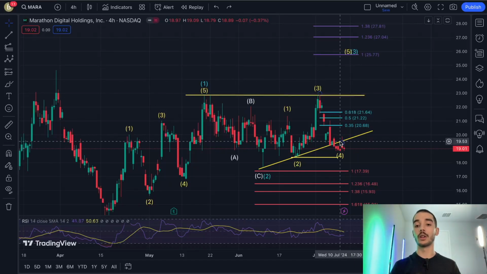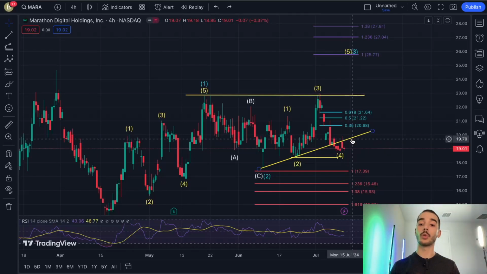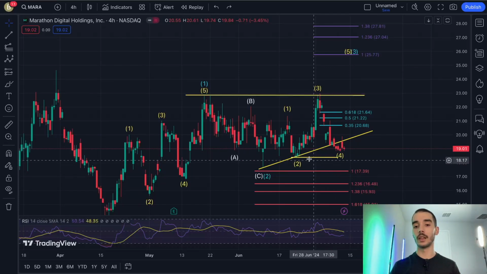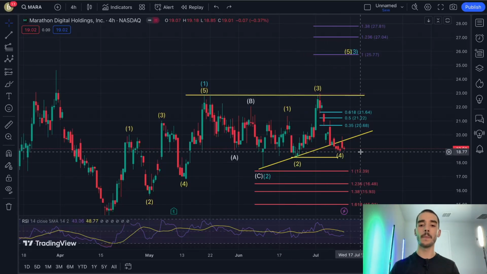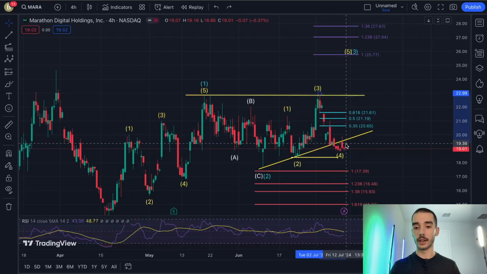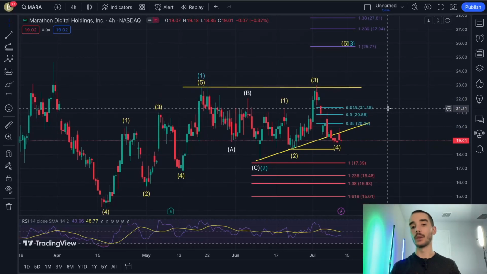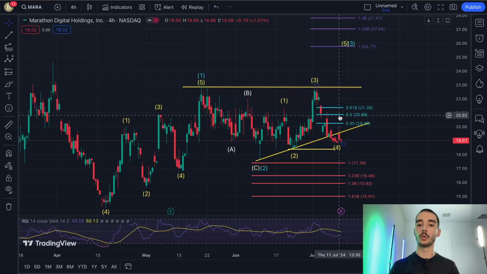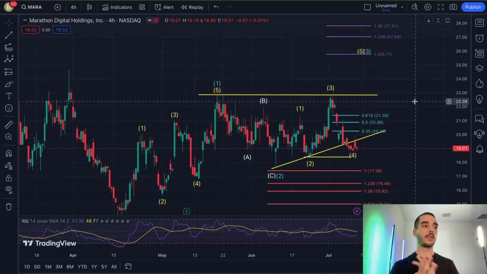But I am currently looking for a break above and hold above this ascending support, which is now acting as a resistance, and then we have a little bit of support down here as well. But still, it's a fourth wave down, and even though it's definitely overextended in my opinion, it's still valid. I want to see it go back up into the blue retracement area right here. That's pretty much what I have.